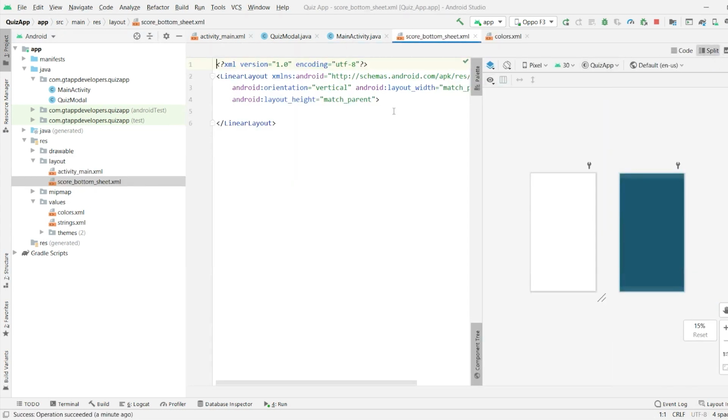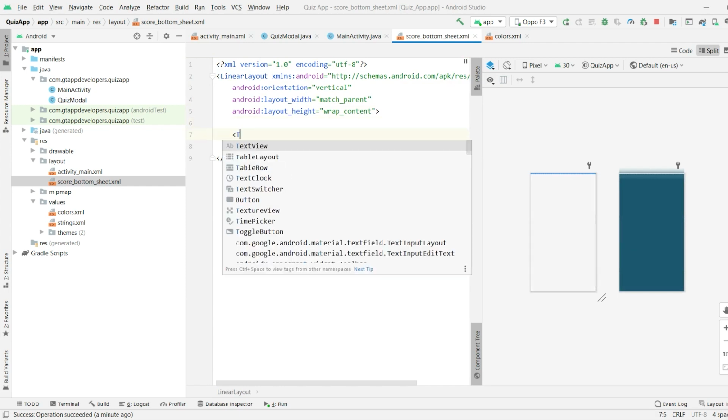Now our XML file has been created. Inside this XML file, we first have to change the height to wrap content, as this will be the bottom sheet which is shown at the bottom of the screen. After that, we have to create a text view,